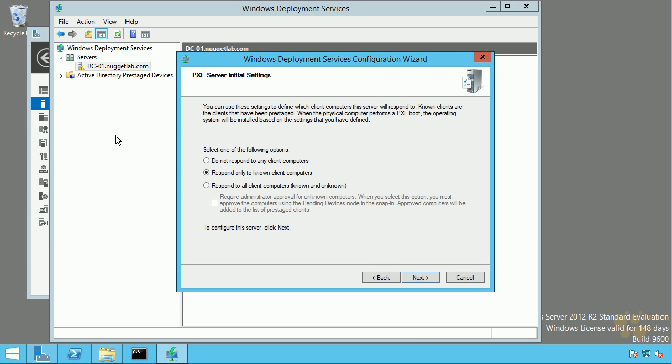Obviously it goes in and creates a computer account, which is then pre-authorized for that PXE response, and you will need to have the MAC address of that device so that when it comes and responds on that network, it'll go ahead and do that. Okay, you can also respond to all client computers, known and unknown, but